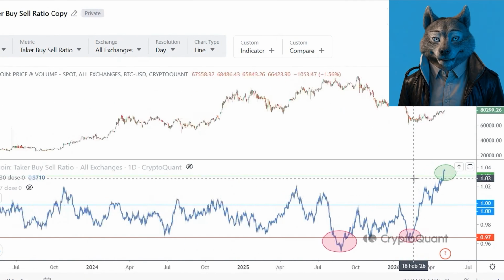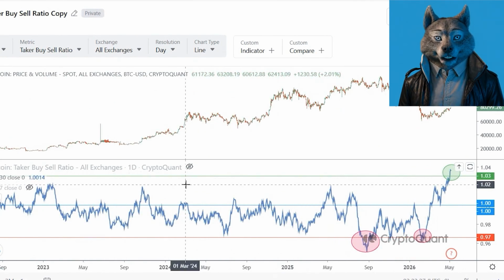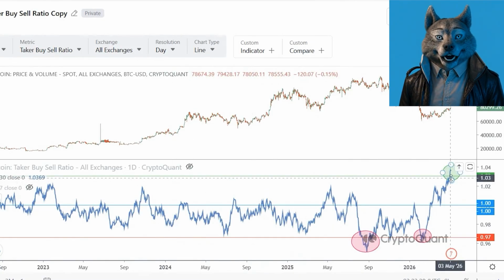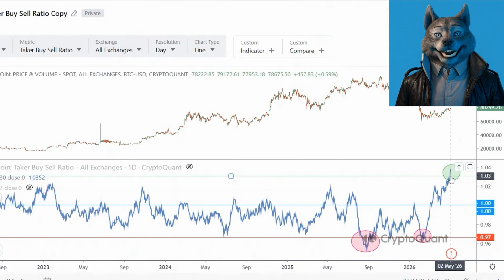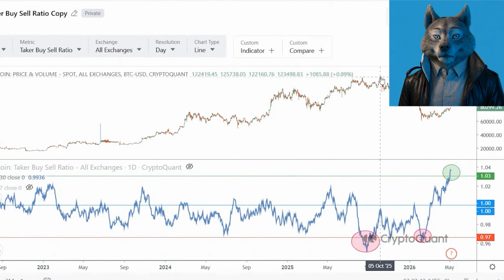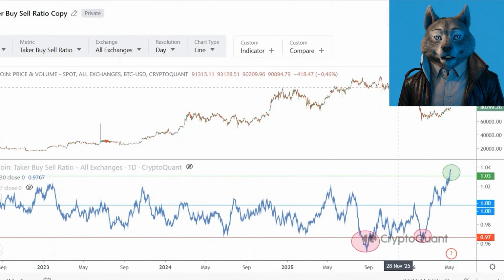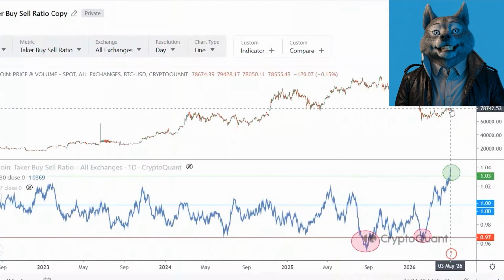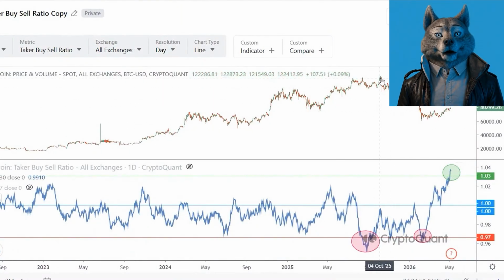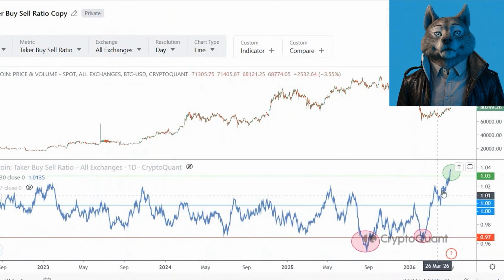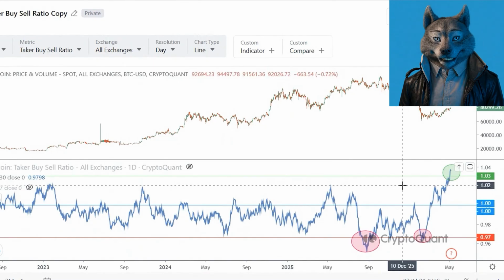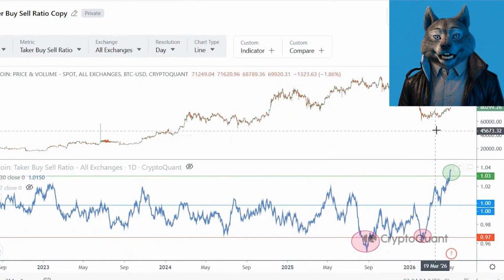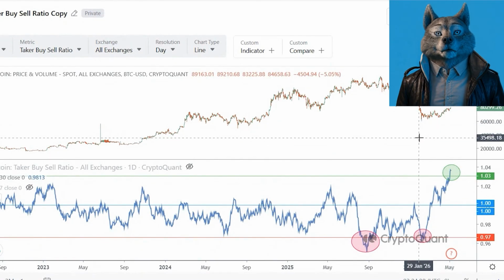So this is really surprising because another very relevant factor is that this indicator usually signals a buy precisely when the price is low. If we compare it to the other moments I showed, this indicator doesn't cross when the price is high. It crosses when the price is low. Since the peak of $125,000, compared to today's price, which is around $70,000 to $80,000, it's well below the peak, and it's signaling a buy again for the first time since 2020. That is, it's been about 6 years since it last signaled a buy like this. What this could indicate is that the price is about to have a very strong new rally, probably reaching new